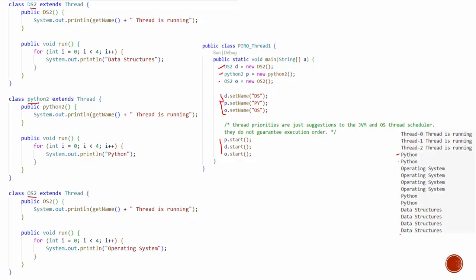Do we have any order in this? No. But I can set a priority for this. Even when I set a priority, that priority is just a suggestion to the JVM and the OS thread scheduler. It doesn't guarantee the order. Why? Because if your JVM is using a priority thread scheduler, then this priority will be followed. Otherwise, it will be executed normally. But if you want Python to be executed first, then data structures,